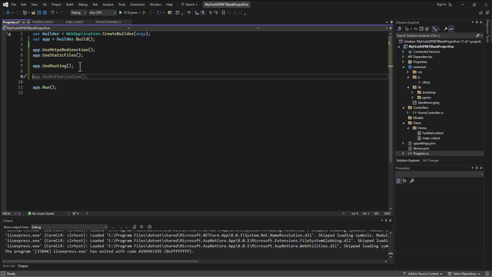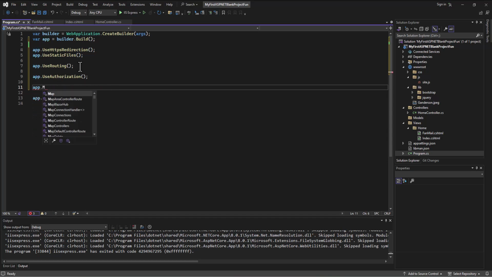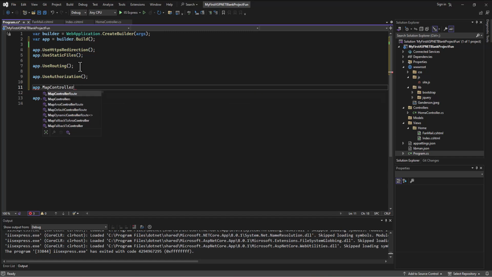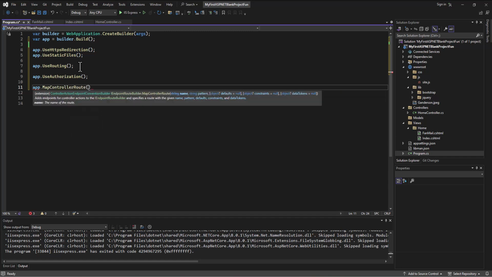Then we're going to need to use authorization. So it knows that, it's trying to plug in the code for us. We can say thank you .NET for doing that. And then it's telling us the next thing is to use endpoints, which we will use later on, but for now I'm just going to use a command called map a controller route. So we're using routing. So map a controller route, and I'm going to say for this route,